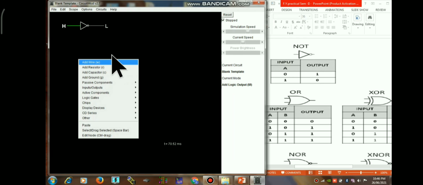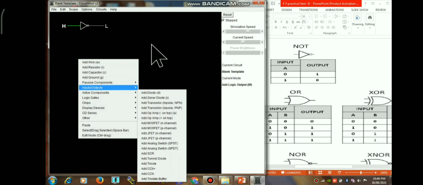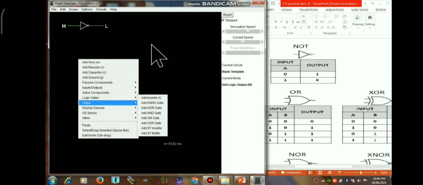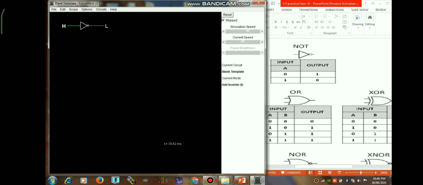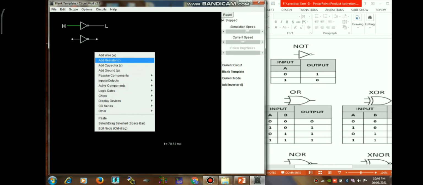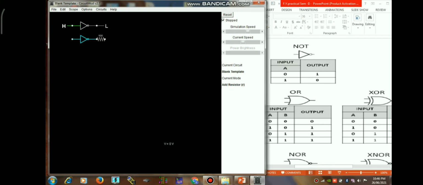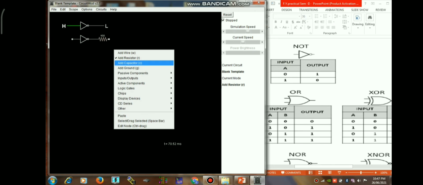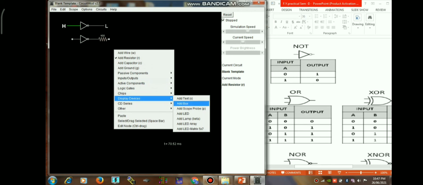This circuit or the symbol can be drawn where at the output we have used the LED as a display device. Resistor is used for current limiting. Display device LED.